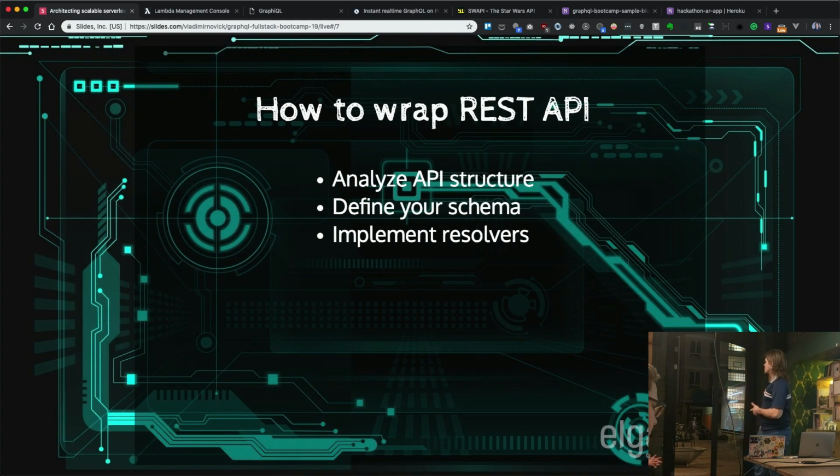So sometimes people ask, okay, fine, but I have the REST API and it's already working. I don't want to rewrite everything. I want to start with writing GraphQL, but I still want to support my REST API. So the steps that you need to work through are to analyze the API structure, define your schema, and implement resolvers. What does it mean? Analyze the API structure, I probably don't need to describe.